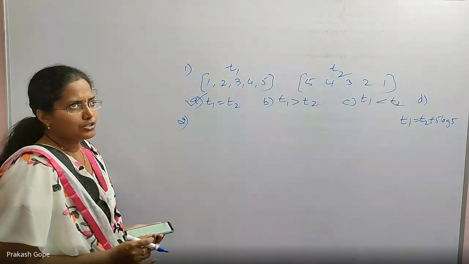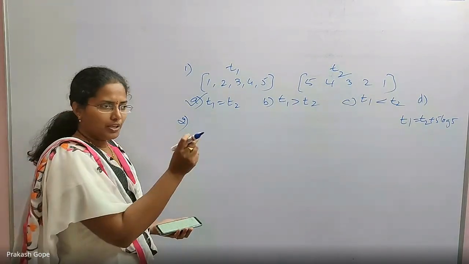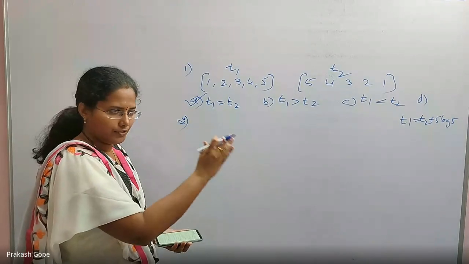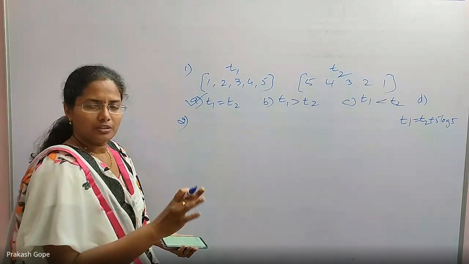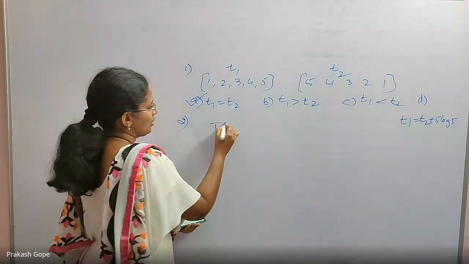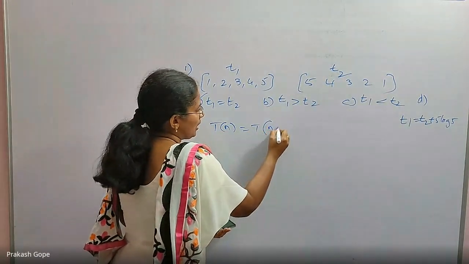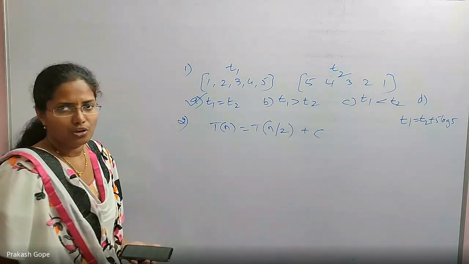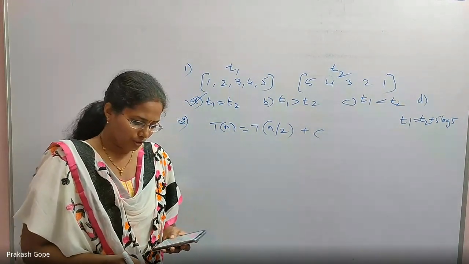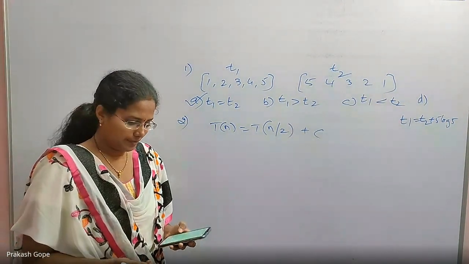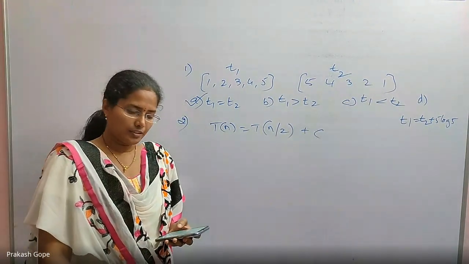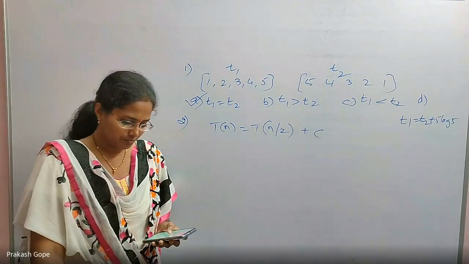In binary search, we are calculating the middle element. Either it will be in the first half or in the second half. Only one half is done, with a constant number of operations. So T of n is equal to T of n by 2 plus some constant amount of operations. So T of n equals T of n by 2 plus C or plus K. So here the answer is A. T of n is T of n by 2 plus K.